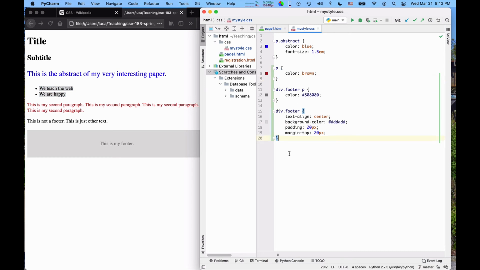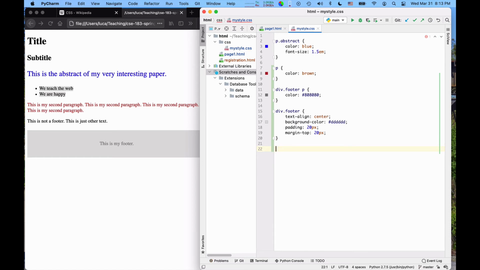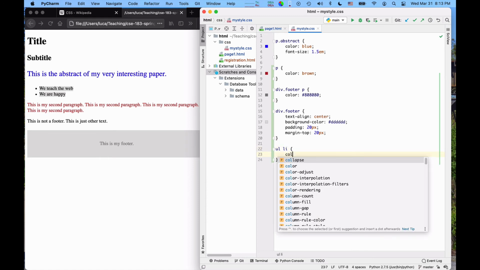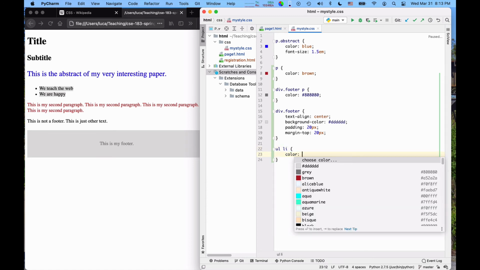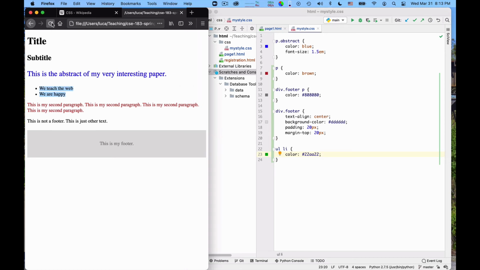Well, not very difficult, I can say a UL that contains an li element. The li element should have color, and then I define my beautiful almost green color, for example, 22AA22. Okay, this is a nice shade of green, or I hope so.